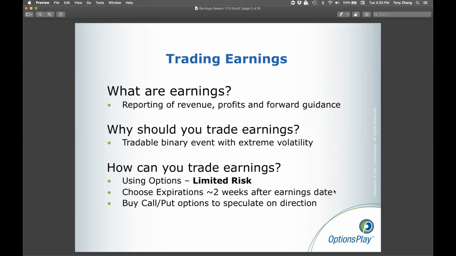And lastly, when you're going about buying an option, you usually want to choose expirations that are at least 2 weeks after the earnings date. A lot of users will choose an expiration date right after earnings, and we never recommend that, because typically once a stock has that initial move, there's usually quite a bit of follow-through, and that follow-through can last anywhere from a few days to a few weeks. In order to capture that follow-through, you want to make sure that you utilize an option that gives you a bit more time beyond the actual earnings date. We'll go through that in the examples that we'll show you, but make sure that when you're choosing expiration dates, you choose something that's roughly 2 to 3 weeks beyond the earnings date of the stock.